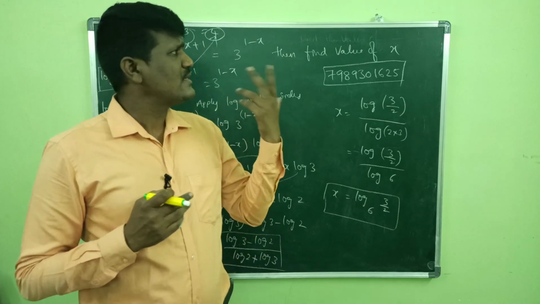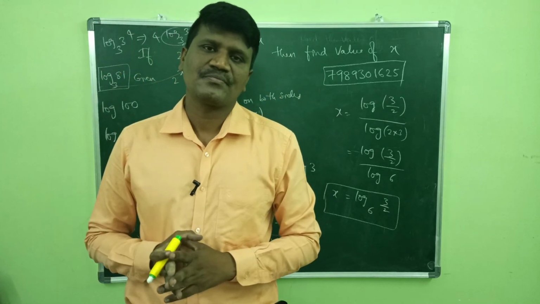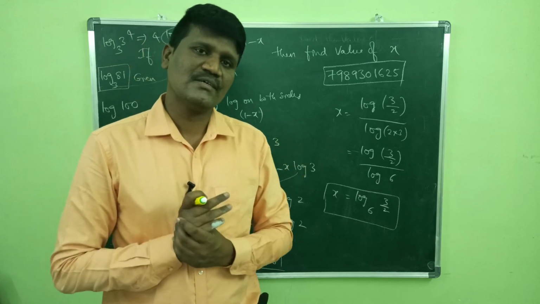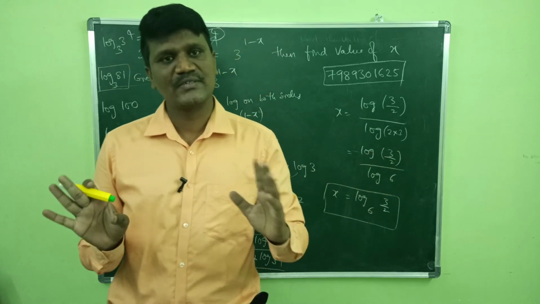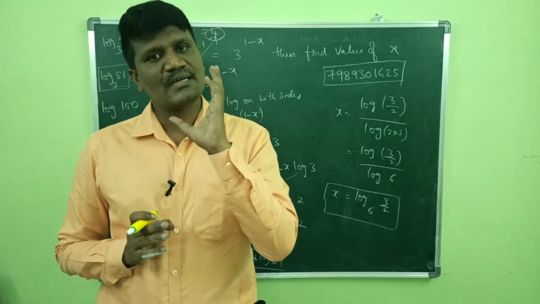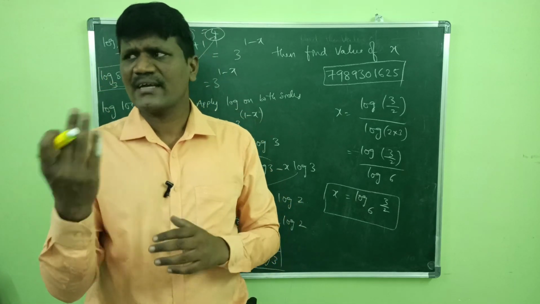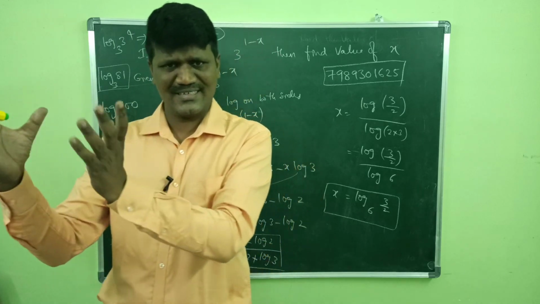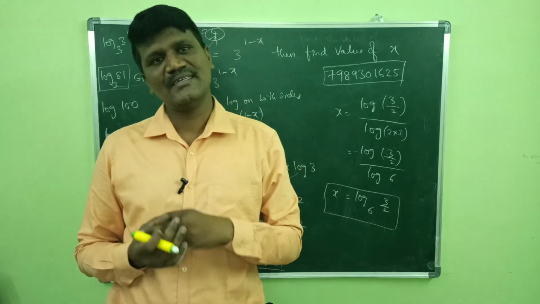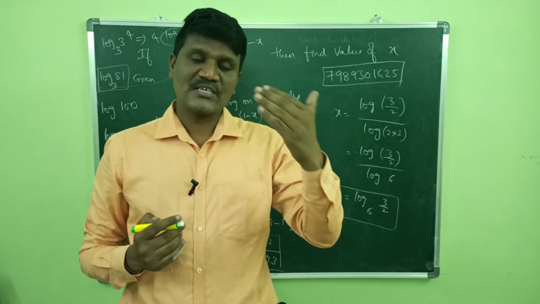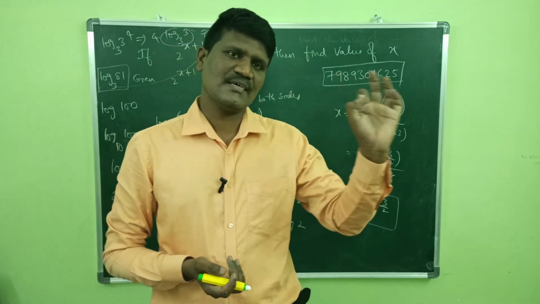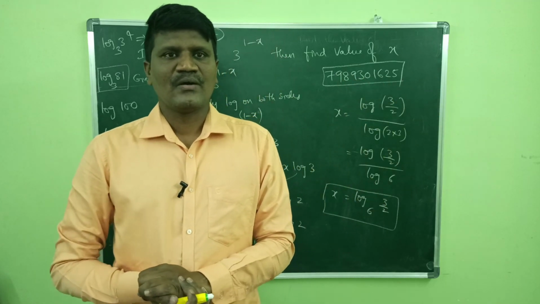So by this we have completed 10 videos of real numbers. So almost real numbers we have covered. Not almost, 100% we have covered the real numbers. In the next video we will see the chapter sets. Sets may take 4 to 5 videos, which is a small chapter, but the real numbers is a very big chapter which we could complete in 10 videos. In the next video we are going to see the second chapter, which is sets.